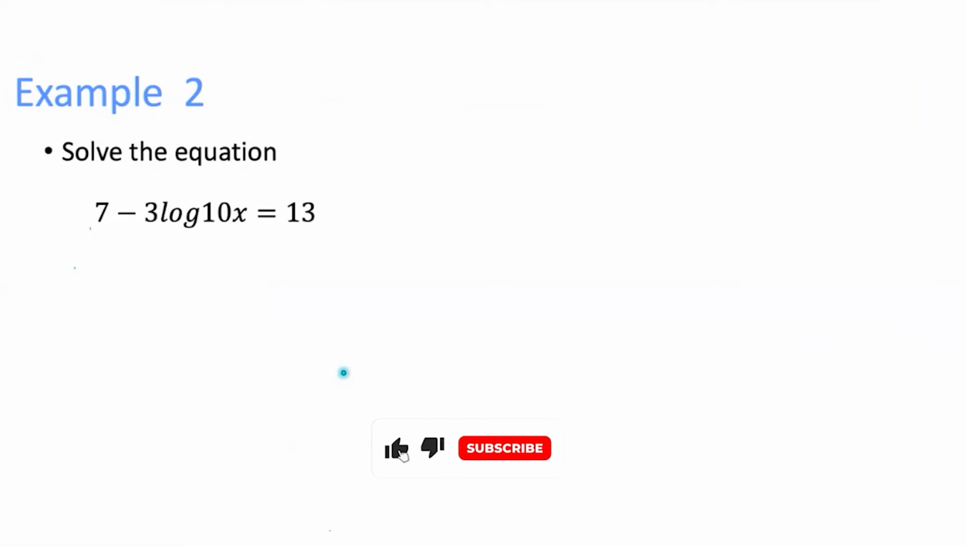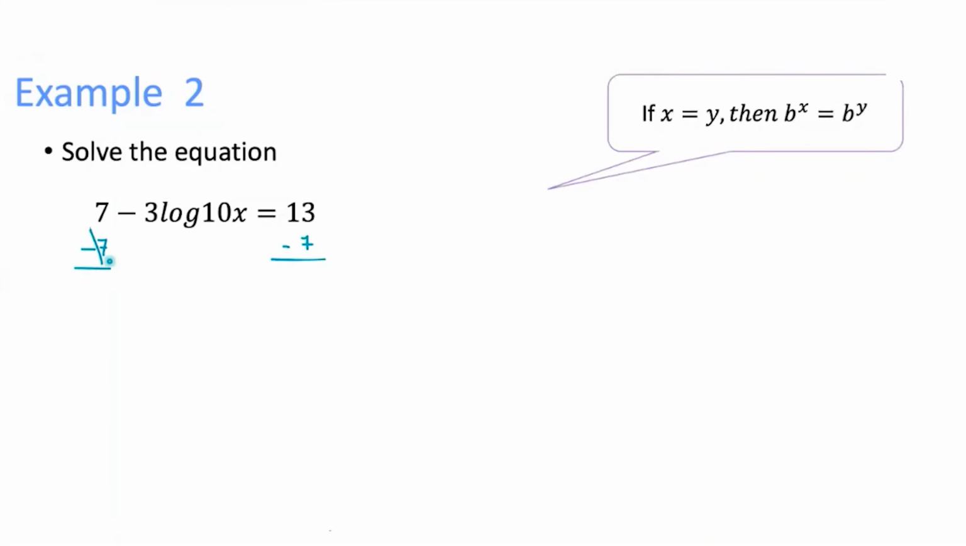7 minus 3 log 10x equals 13. And remember, when we see the logs and there is no number given in the base, we assume base 10. So if we're solving the equation, the first thing we want to do is to isolate our logs. So we need to move everything from around the log. So that includes, we need to subtract 7 from both sides first. So when we subtract 7 from both sides, we end up with negative 3 log base 10 of 10x equals